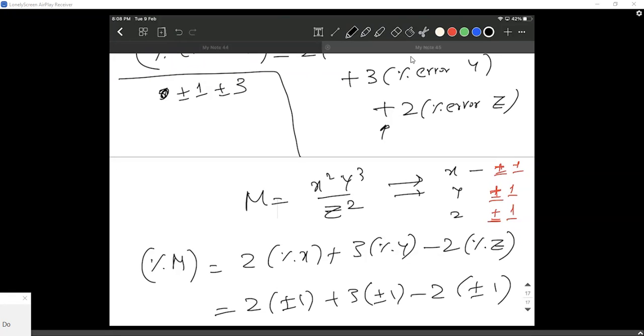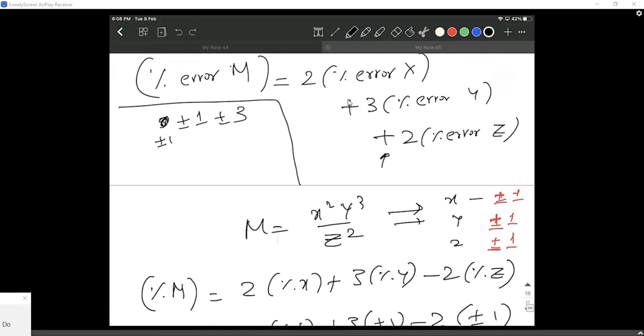Sharath. So first we consider that all are positive and then we add them, and after that we consider that all are negative and add them. Simply consider all the cases, all 4 cases. Plus 1 plus 3, plus 1 minus 3, minus 1 plus 3, minus 1 minus 3. If you take all the cases, what is the most extreme? Plus 4. What is the most extreme? Minus 4. So that is why you directly write it as plus or minus 4. Sharath, you agree?